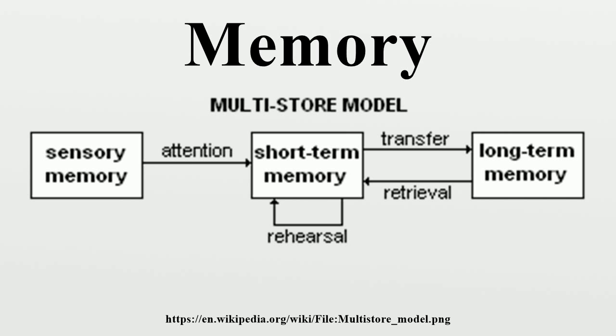The model also shows all the memory stores as being a single unit, whereas research into this shows differently. For example, short-term memory can be broken up into different units such as visual information and acoustic information. In a study by Shallice and Warrington, patient KF demonstrated certain deviations from the Atkinson-Shiffrin model.